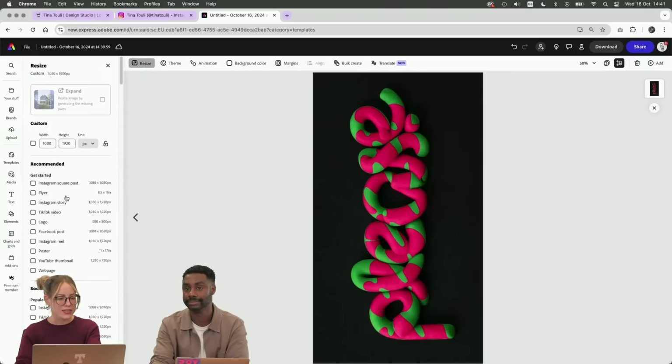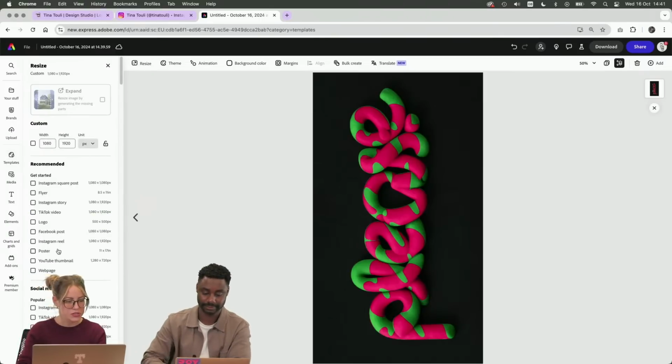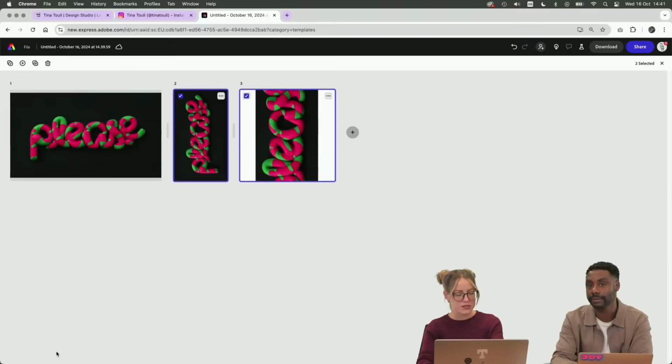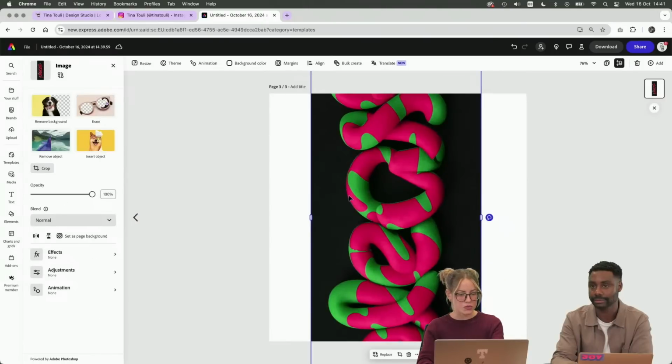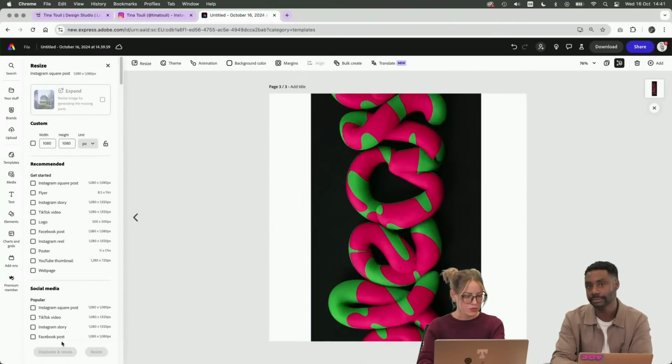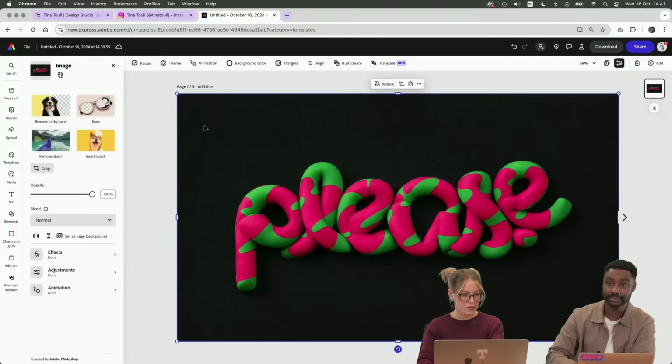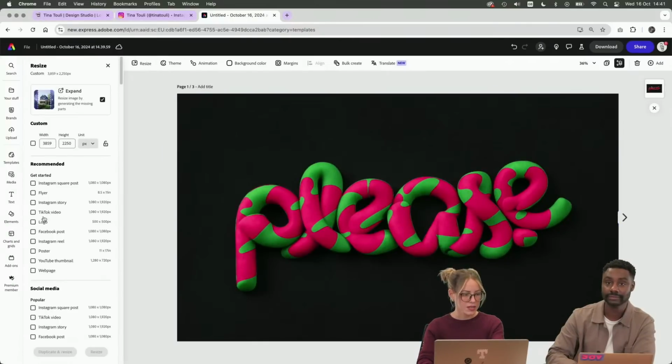And I like that you can just go to resize here and then select what else I want to do. Let's say I want to do an Instagram post. So you can just say duplicate and resize, and it's going to create a new canvas. And it's going to also resize your work. So in this scenario, I think I didn't do it right. Let me go back. So I just grab this, and then